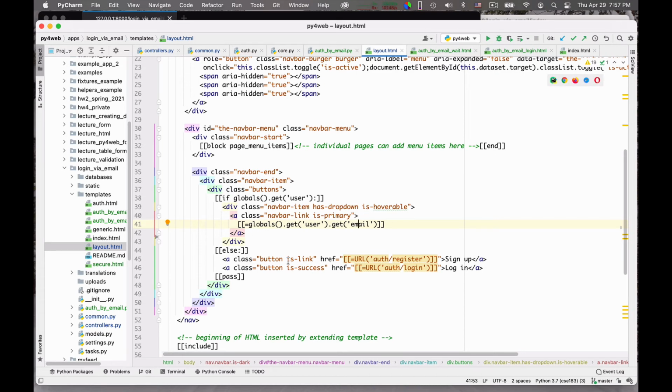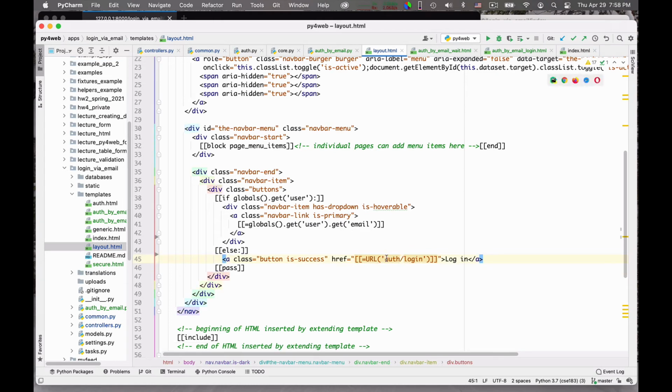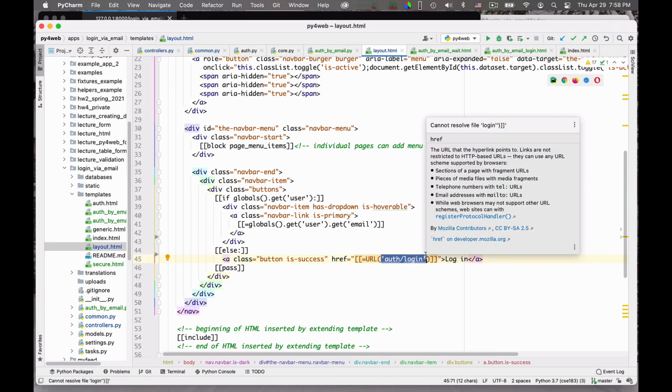And if there is no user, I want to say that you have to log in at a URL that is not auth register, but it's gonna be, okay, bear with me if this is okay. So actually I only have it for login, and this URL here, it's a bit horrible, but it was horrible also before.